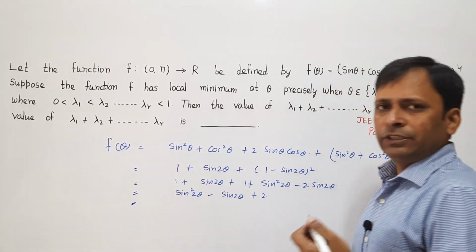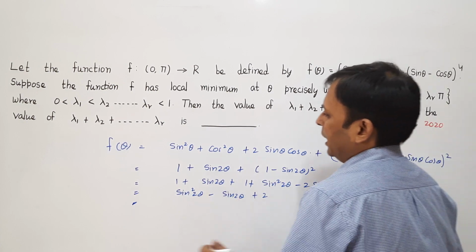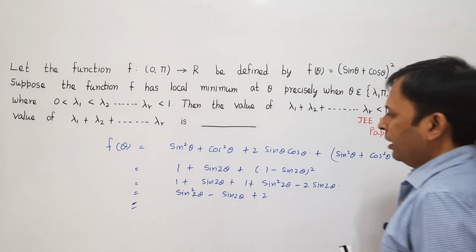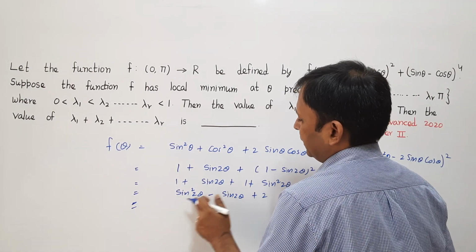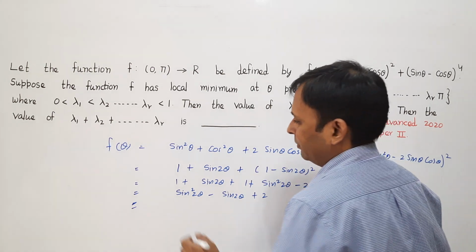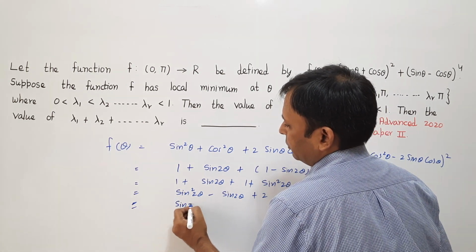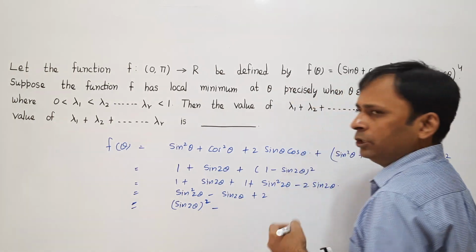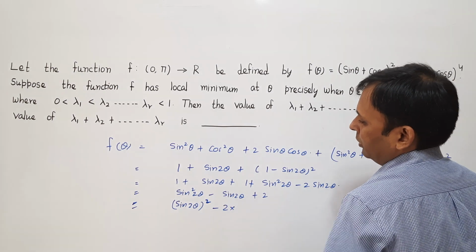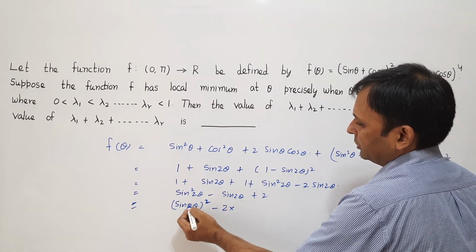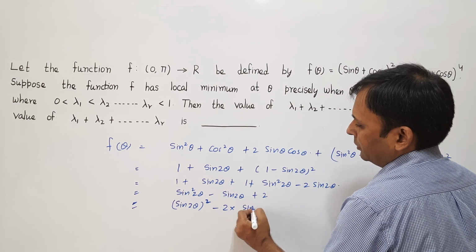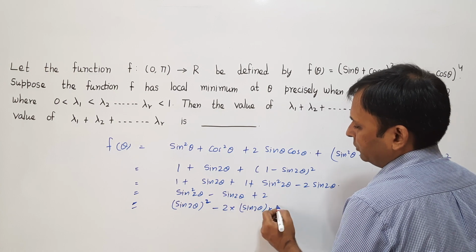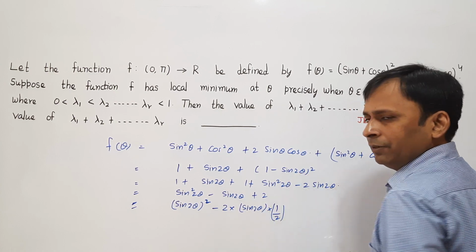Now the easiest way to solve it is I will just take the squaring method which you have already learned in class 10th, and convert it into (a minus b) whole square form. So this will be written as sin 2 theta whole square, which works like a square. Then I need 2ab, so 2 into a, where a is sin 2 theta, and what I should multiply to cancel this 2 is 1 by 2 here. So 1 by 2 will be acting as b.